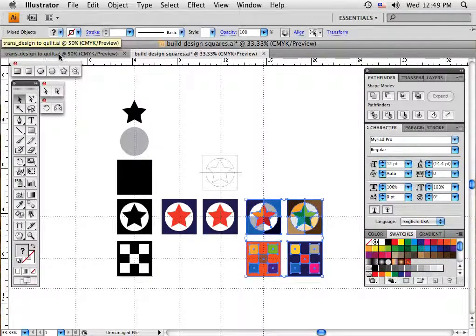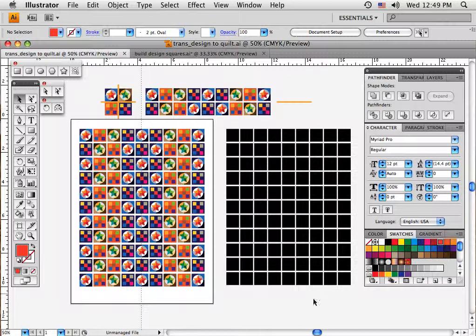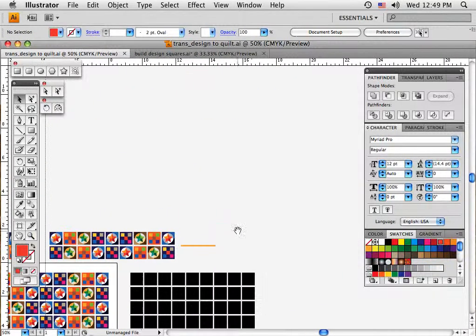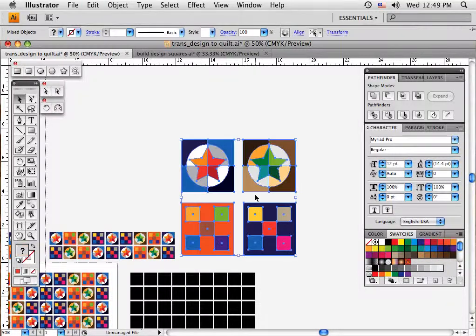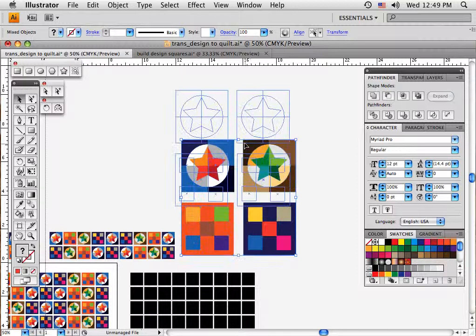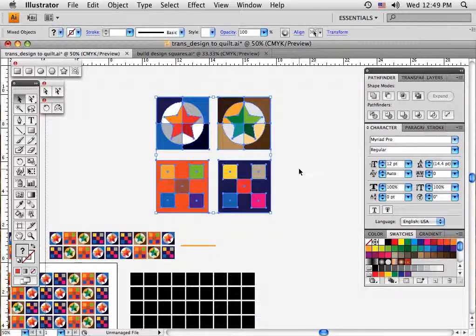Then I go to another page, and let me just set this over here and show you what happens. When I hit Command V as in Victor, that pastes those shapes onto this new page. It takes it off the clipboard and then brings it over to the new page that I've set up. Now notice that I've got the things already finished here. These come over a little larger, so you need to take your